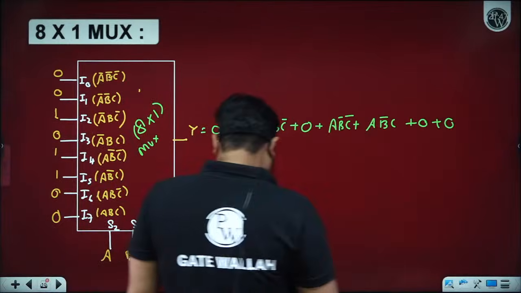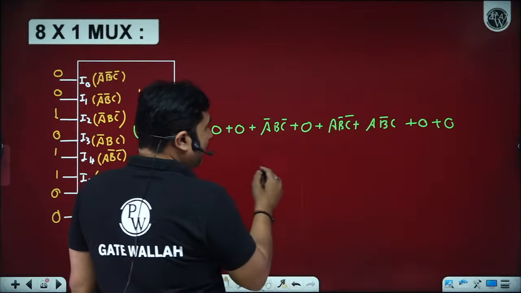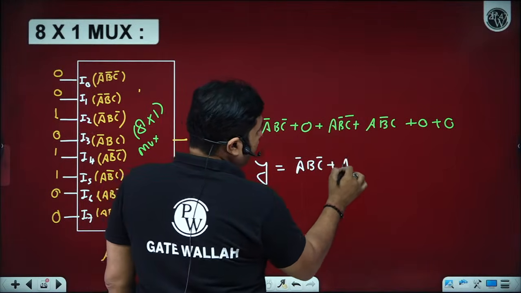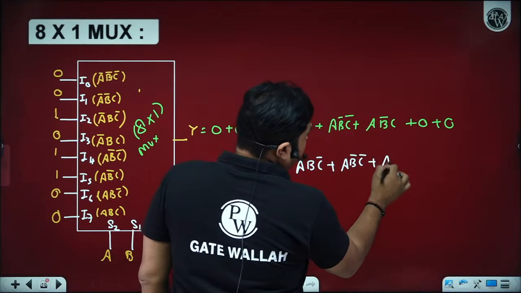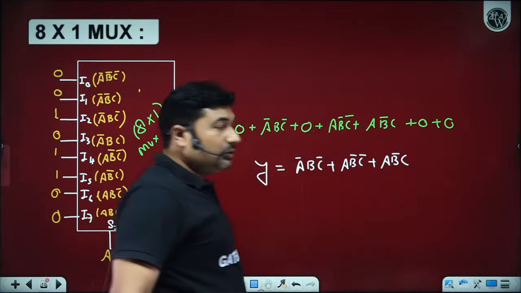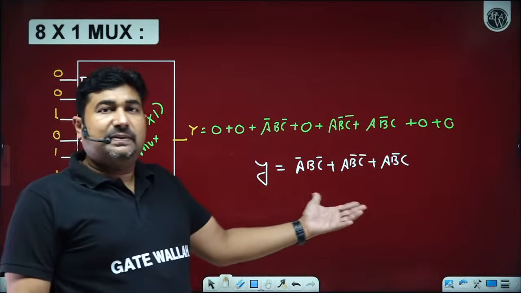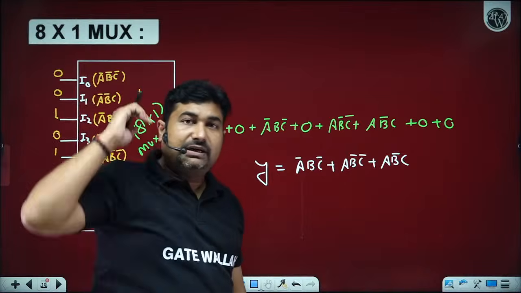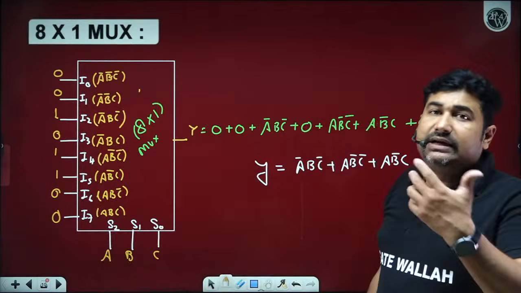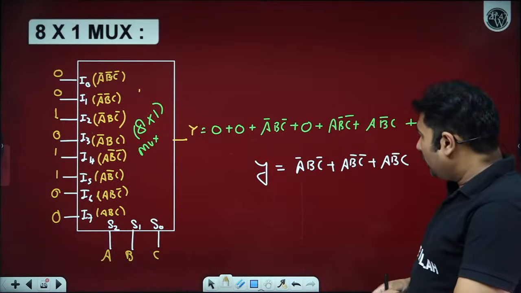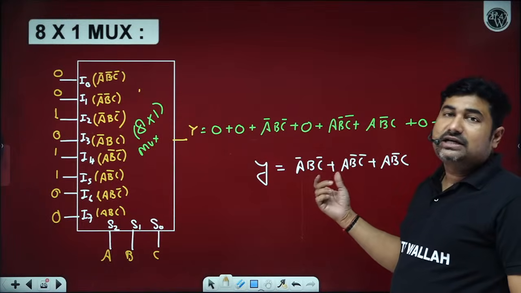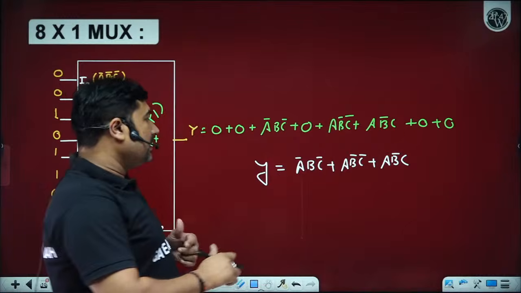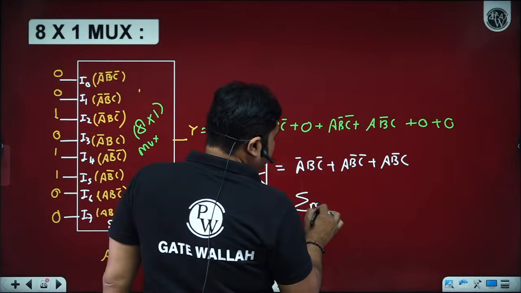So the logical expression obtained from the given multiplexer is A bar, B, C bar plus of A, B bar, C bar plus of A, B bar, C. Now there is a possibility that multiplexer may give an intermediate expression. However, what we are observing here, each product term contains all variables. So it's a canonical. So in a canonical, you can say, sir, we have summation of m.